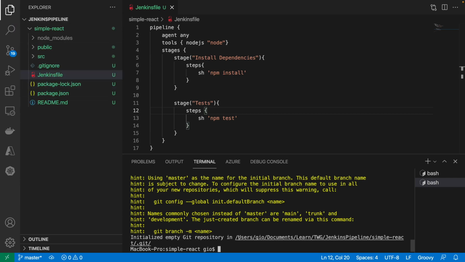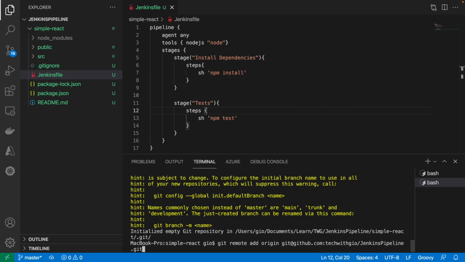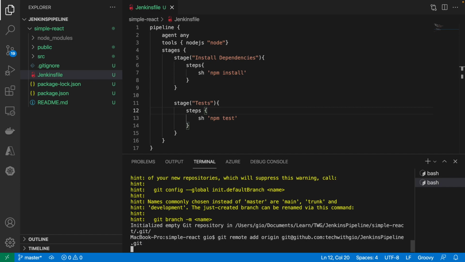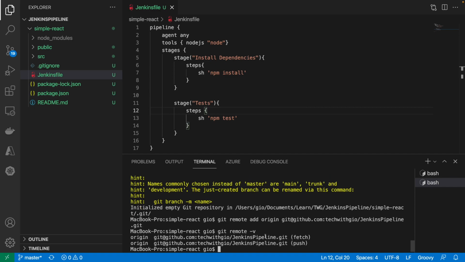So now that Git is initialized in this folder structure, what I'm going to do is link this new empty Git repository to the GitHub repository I just created. To do that, you can just do git remote add origin and paste in that URL that I just copied from the GitHub repository, and then press enter. To check that it went through properly, do git remote -v, and you can see that it has fetch and push access, so we're good to go. Now if I do git status,